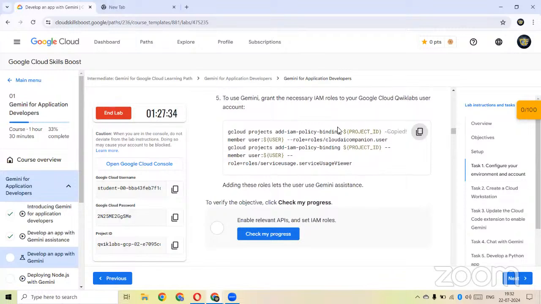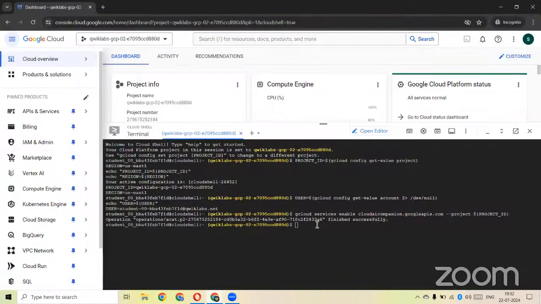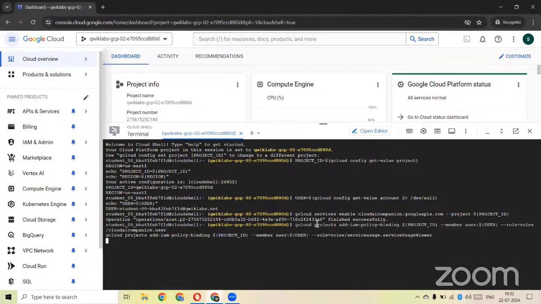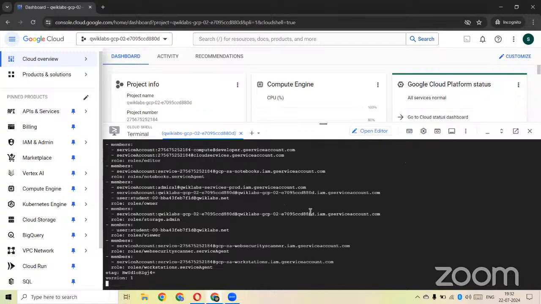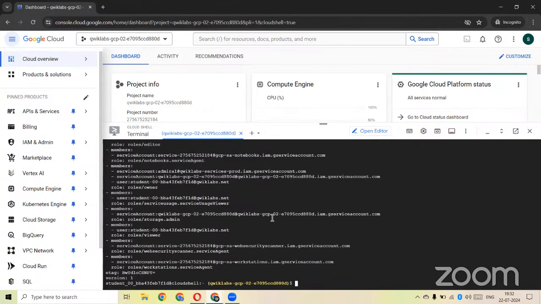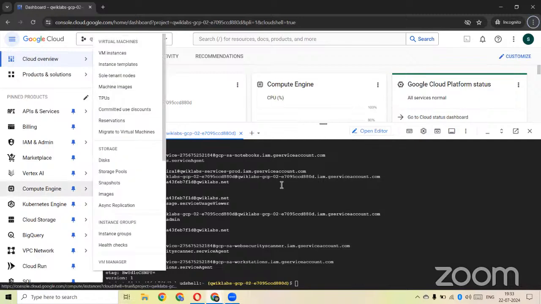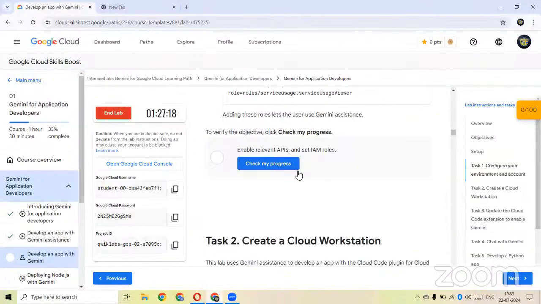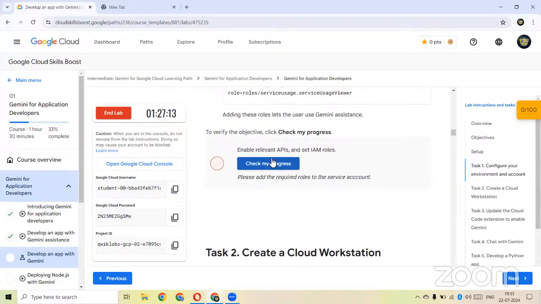Next are the IAM roles required for doing this lab. Copy the code here. The initial setup was done. Yes, check our progress. Yeah, wait for some time. We'll be finishing the